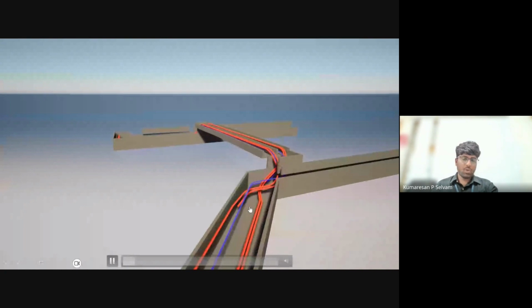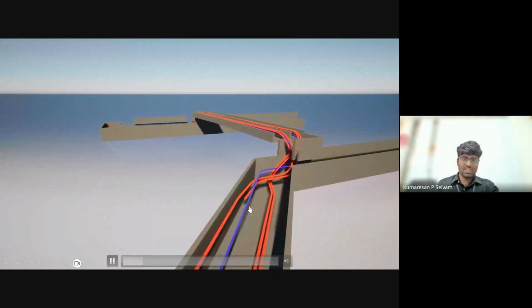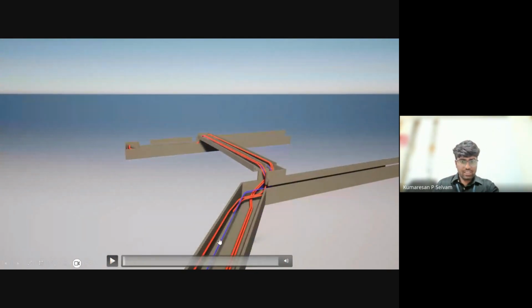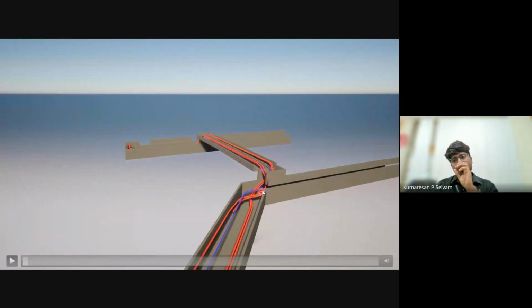This is a cable routing problem. There were crossings. These are all crossings. Actually, a cable has to pass through these crossings in the Dolera project, and this is a road going here, and this is a road going here, and there is a road crossing here, and the cables have to be passed through these crossings. But there is a minimum bending radius for a cable to pass through, or else the cable cannot bend. Based on the diameter, the cable cannot bend this much, and there is a minimum bending radius